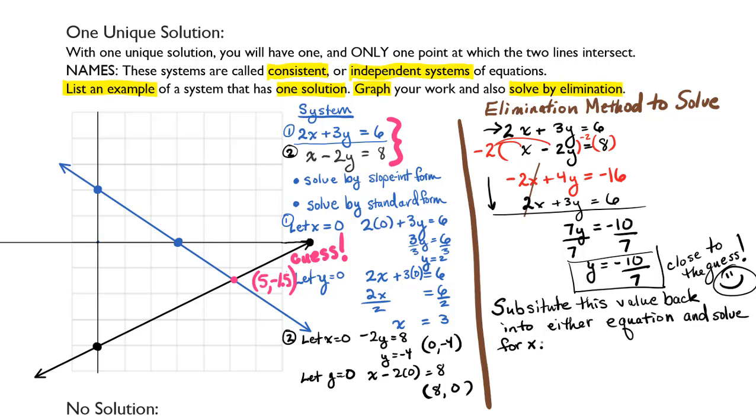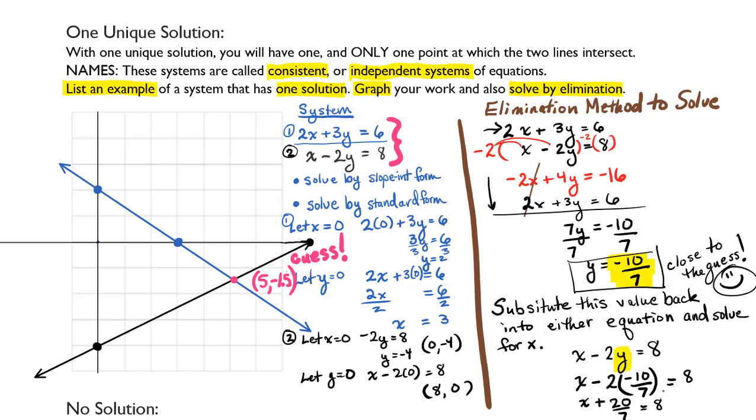It really doesn't matter which equation you substitute it back into, so I'm going to use the easier of the two, x minus 2y equals 8, and I'm going to do a substitution for the y value. In place of the y, I'm going to replace it with a negative 10/7 and then solve for x. x minus 2 times negative 10/7 equals 8. Now let's multiply these together. That will give me x plus